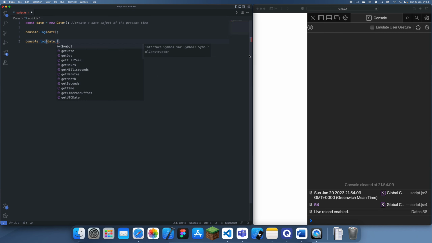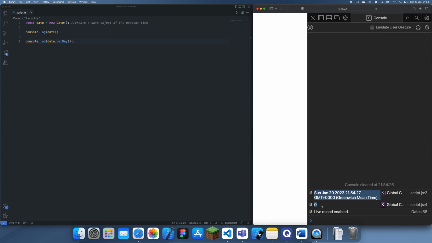If we want to get the specific day of the week, we could do this. Let's just refresh that, and we're on 0. I believe Sunday is 0, so it probably goes Sunday, Monday, Tuesday, Wednesday, Thursday, Friday and Saturday, just like that. Usually when working with programming languages, I believe they do start on Sunday, so